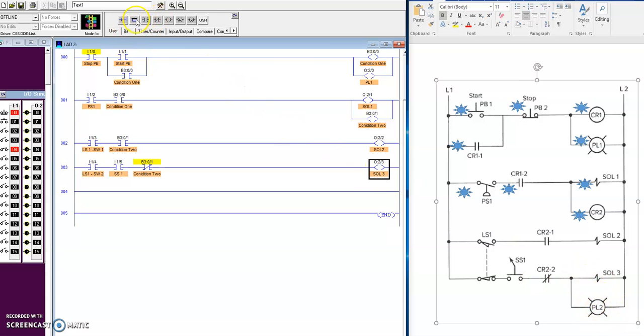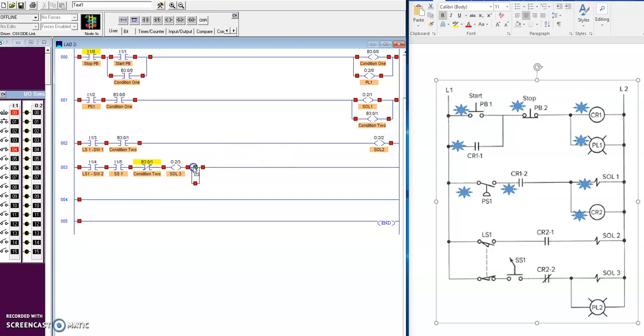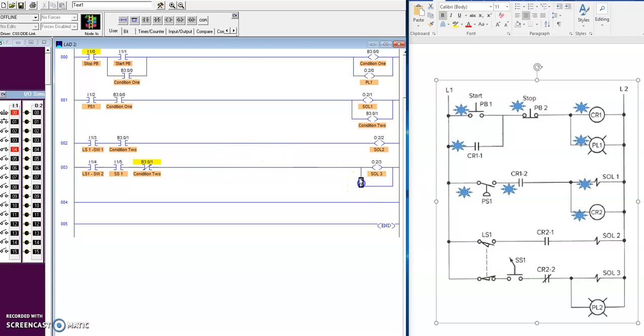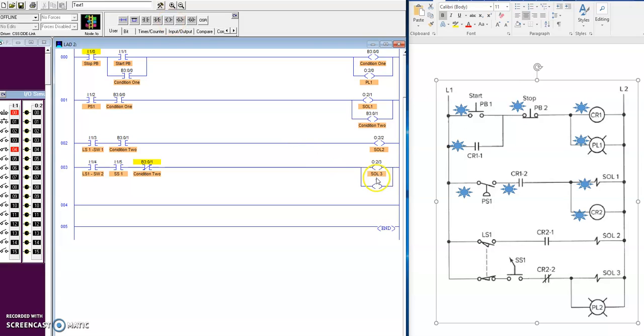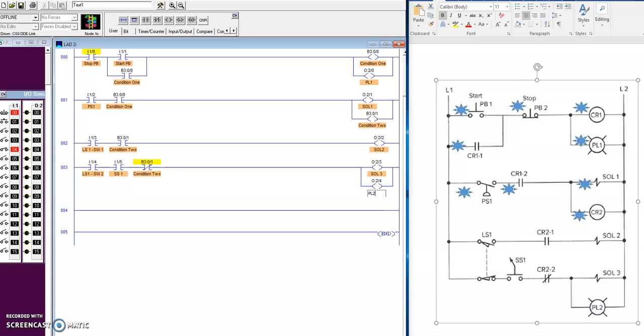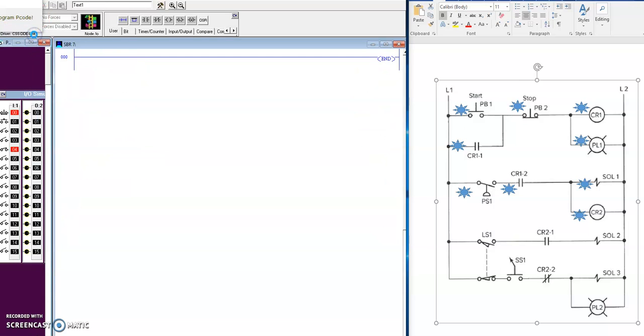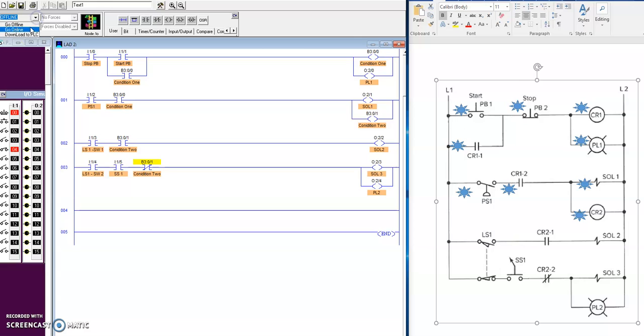And also, I want to engage a pilot light. So I'm going to have to create a branch instruction, another output instruction, and I'm going to give it an address, output 24. And output 24, the pilot light 2. All right, so let's test this very quickly. I'm going to download it again. I'm going to go online